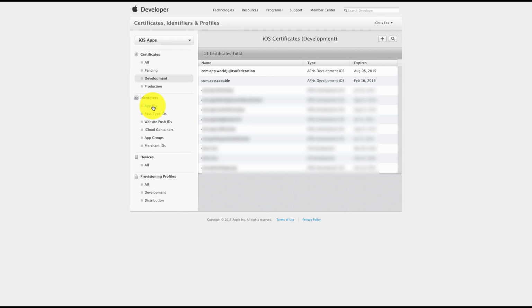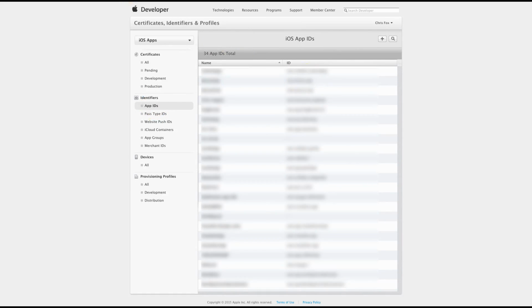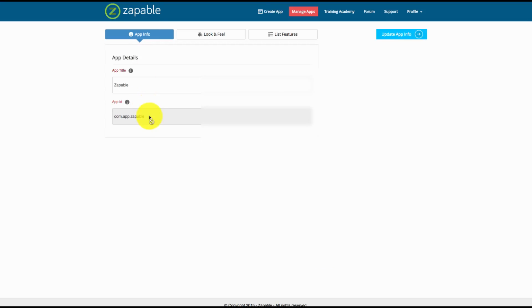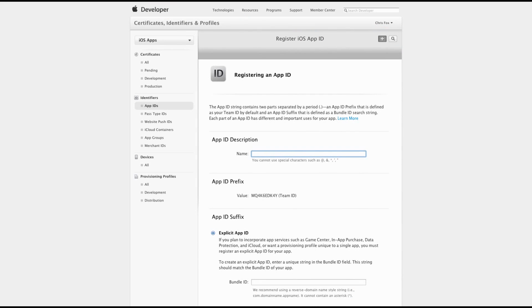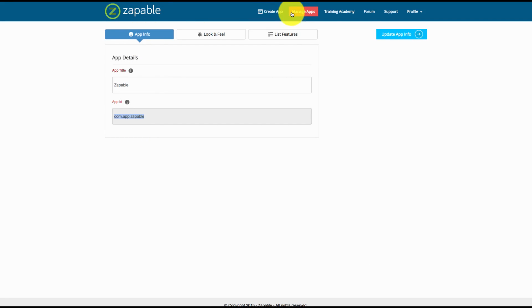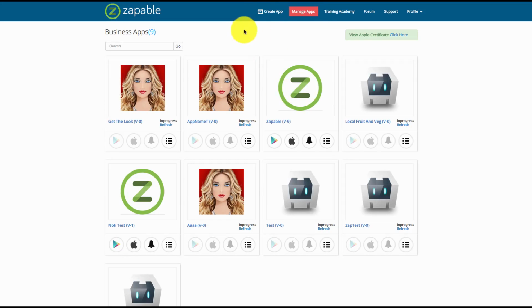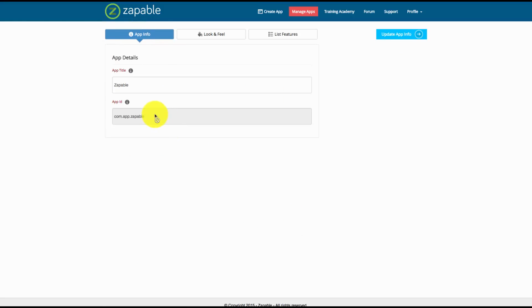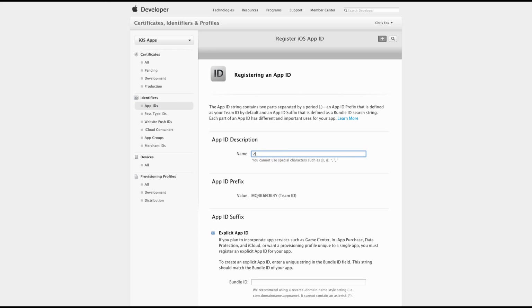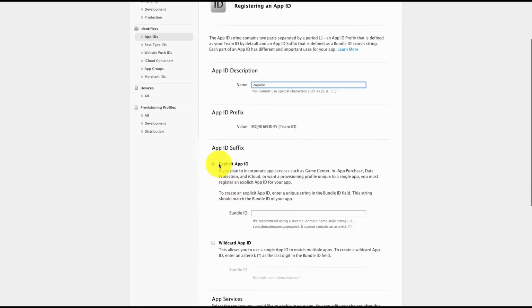Next, you need to add in your app ID. To get that, we just need to skip across. In this instance, it's com.app.zapable, and you just need to click on the little plus symbol. So just to repeat, you go to your Manage Apps, click on Edit, click on App Info, and take the app ID that you have stored here, enter in the name of your app, call this Zapable, and then scroll down to App ID Suffix, then